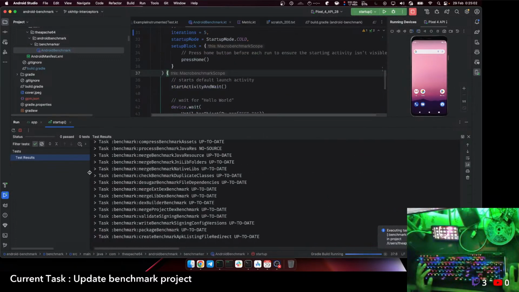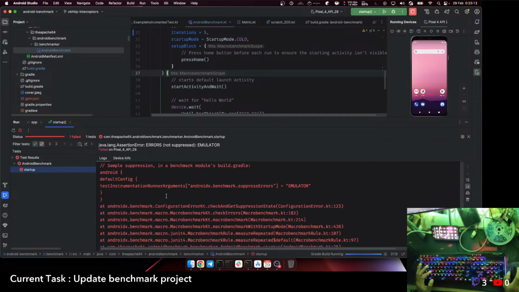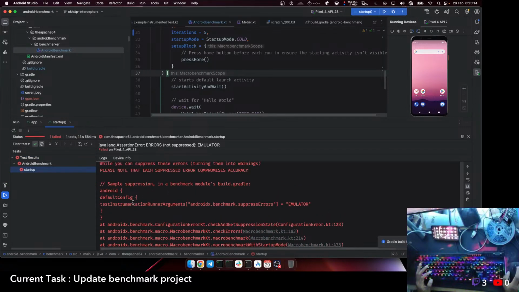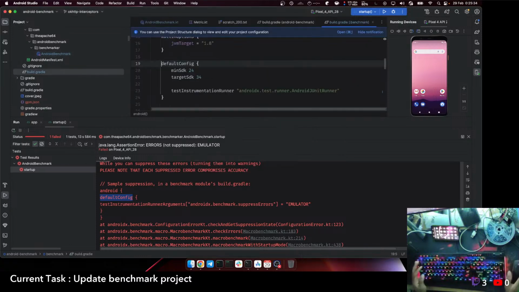Do we still need an actual Android device to run the benchmark? I'm not sure, but oh yeah, I think we can pass a flag right now. We can say suppress simulator. Okay, where do I put this? I should put this inside default config, and that should be inside the sample in the benchmark module. Okay, inside the benchmark module we can say